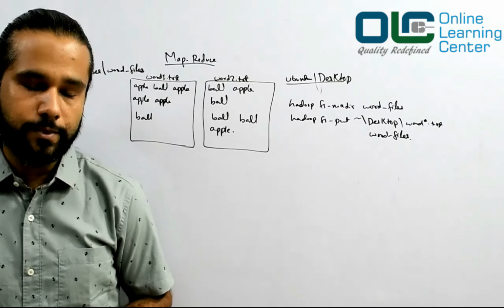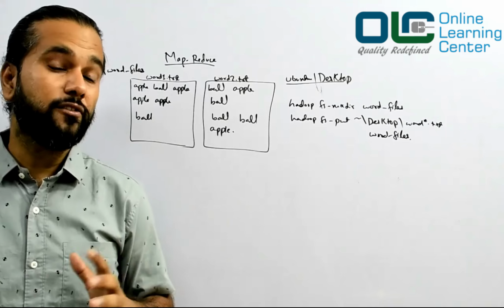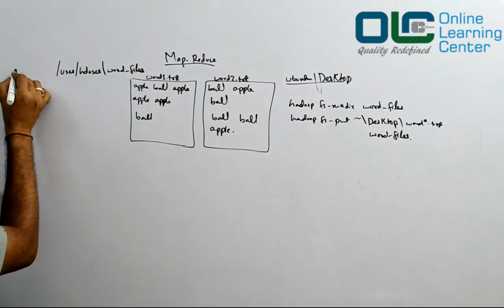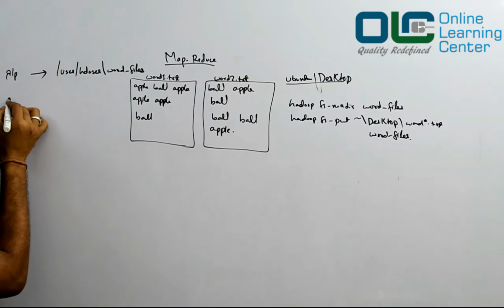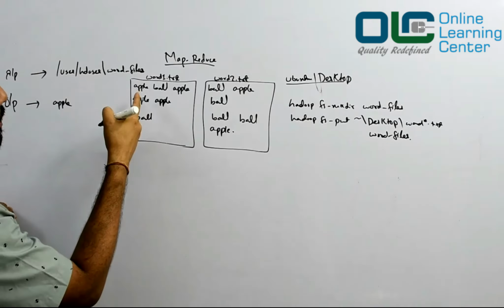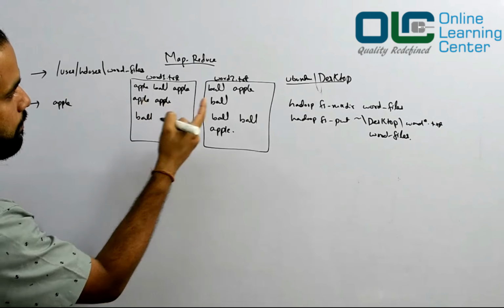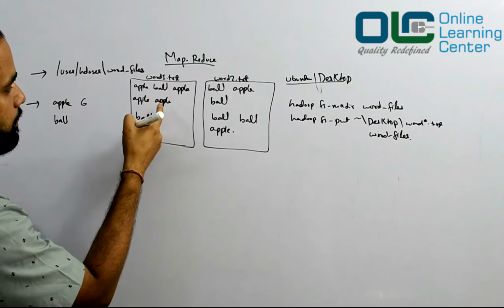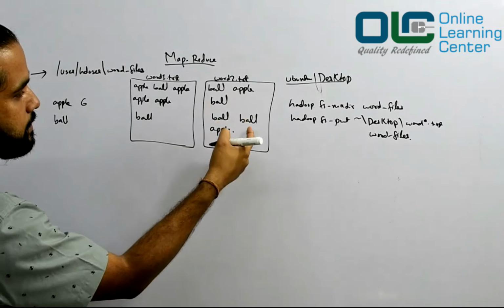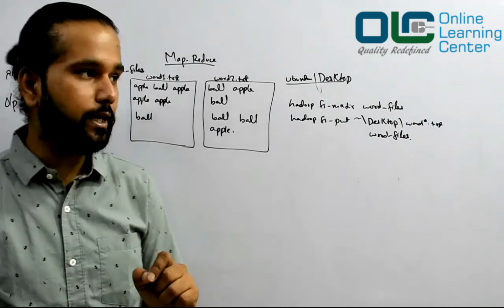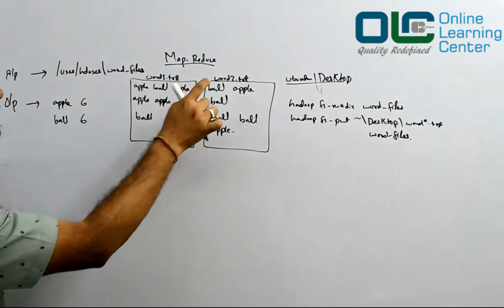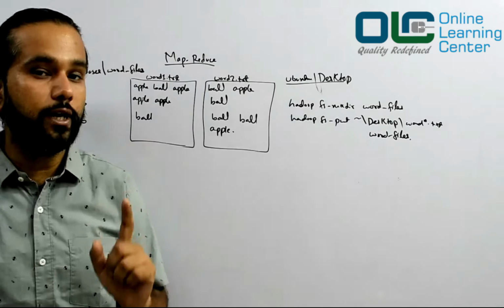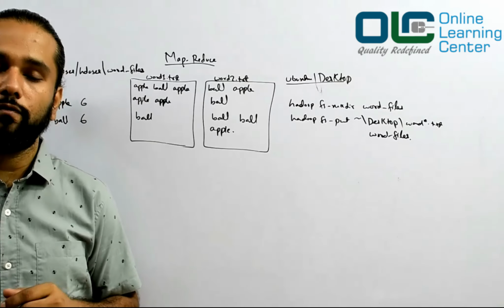Now what we want to do is process this file, and our objective is very simple: write a program to count the frequency of each word. Now what is my expected output? Let's understand. This is my input, and my expected output is apple. What is the occurrence of apple? 1 2 3 4 5 6. And the occurrence of ball, 1 2 3 4 5 6. This is what we are expecting. Let's confirm this: 1 2 3 4 5 6 7 8 9 10 11 12. So 12 total words, apple 6 times and ball 6 times. This is the output we are expecting out of this program.